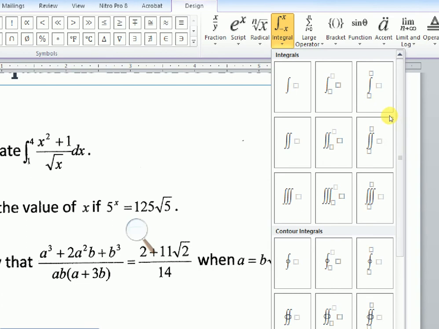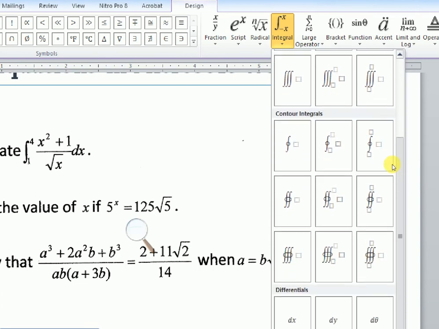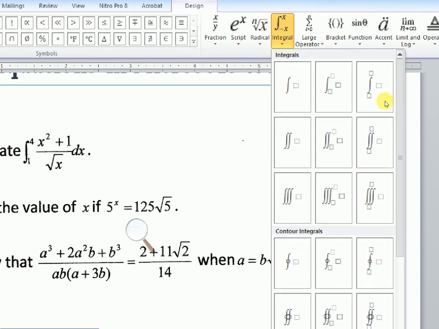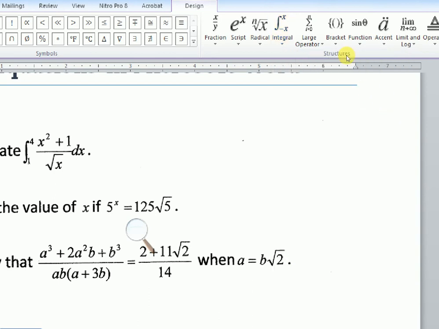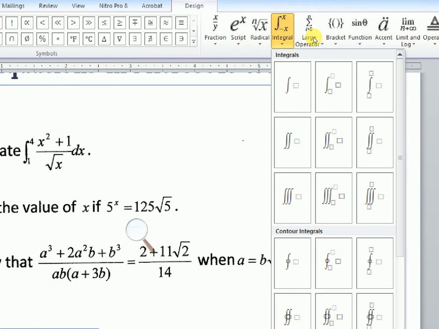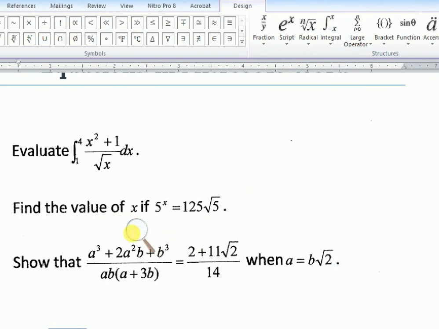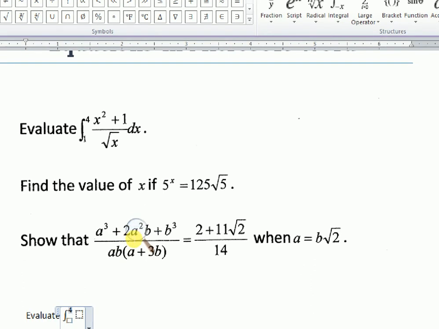In this case, you can of course scroll through the whole menu, but you have to pick out one which is more appropriate for your case. In this case, I'm going to choose this, and I'm going to put my 4, put my 1, and right about here, you're supposed to put